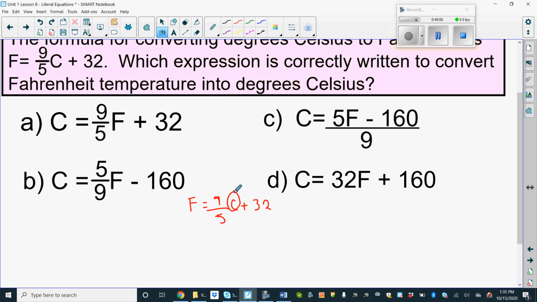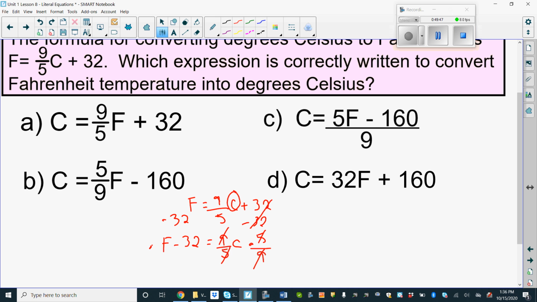If there's a term being added or subtracted, you have to move that first. So we have a plus 32, so we minus 32. Cancel it out over here, and we minus 32 over here. So we're left with F minus 32 equals 9/5 C. Now, we need to get rid of this fraction attached to a variable. Again, to get rid of a fraction attached to a variable, you multiply it by its reciprocal, and it will cancel out the 5's and the 9. Then we have to multiply this side by